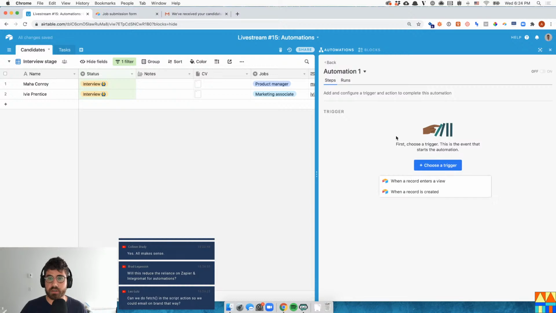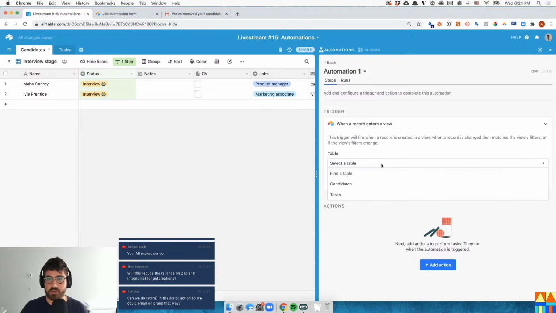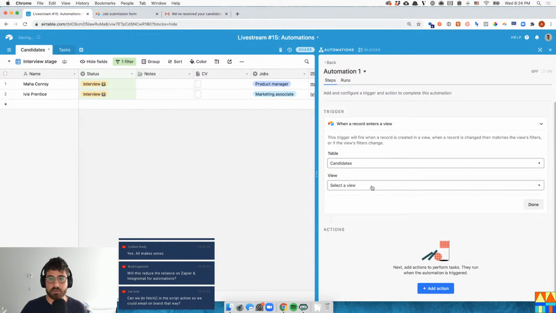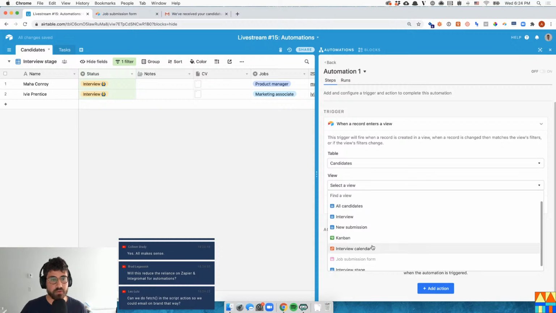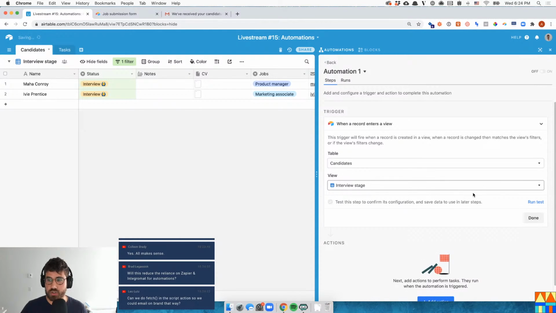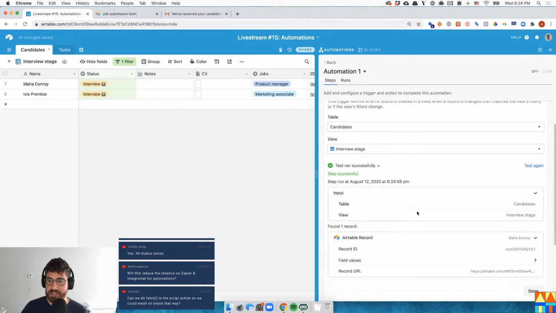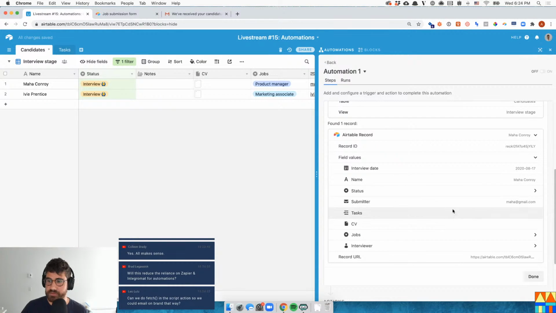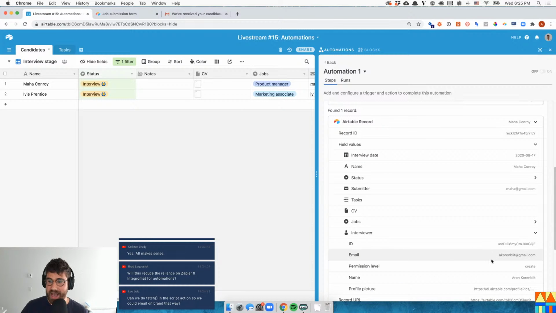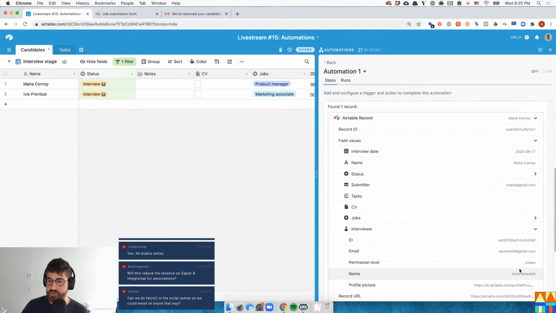Choose trigger, enters a view. So enters this new view, select a view, interview stage. Let's get that value. I'll just do this step and you can imagine what the rest is. As I come into the field values and I have the interviewer, you have their email, even their name and all that metadata around